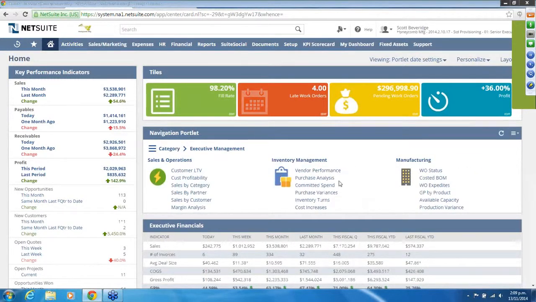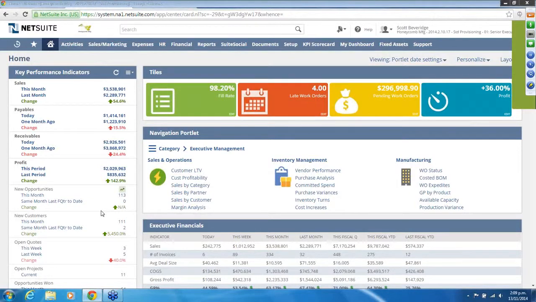So what am I seeing here on my dashboard? A number of tiles identifying pieces of information that I need to work on or have my attention drawn to. I've also got a number of KPIs that are visible to me to carry out my task. So I don't need to go and find key pieces of information. I don't need to wait until the end of the month to find out where things are within the business. It's all there visible to me in day one, and I can start to investigate key pieces of the business